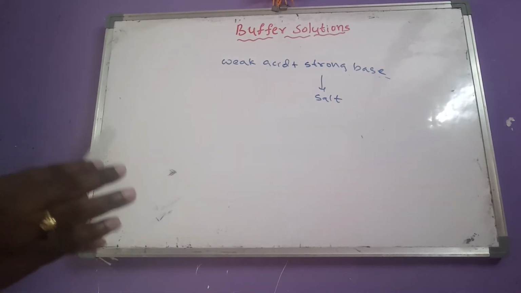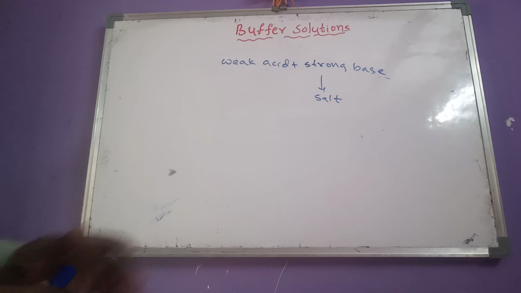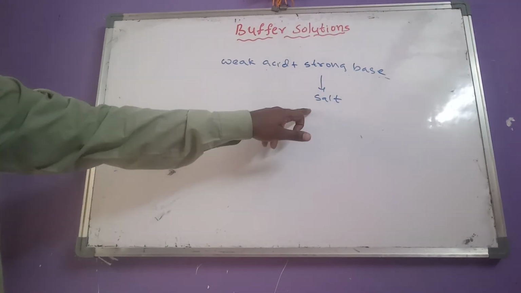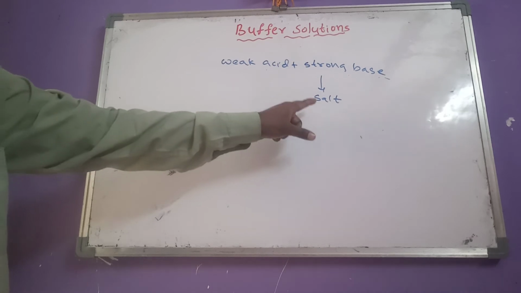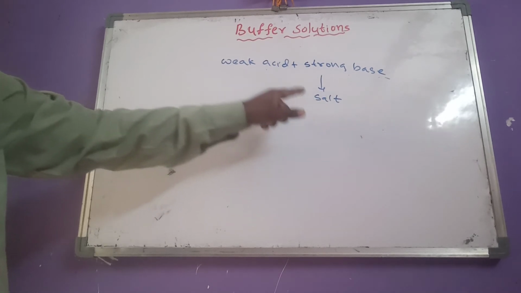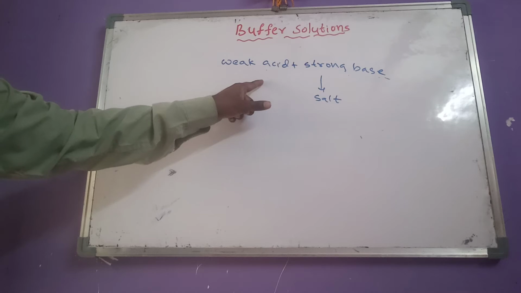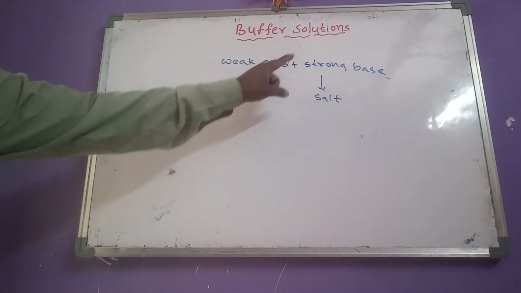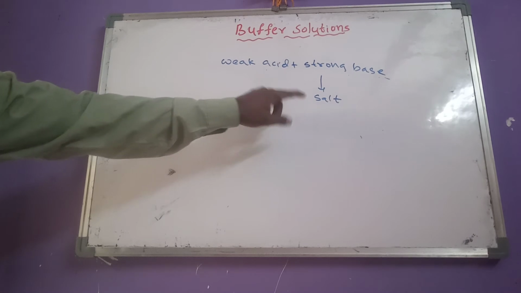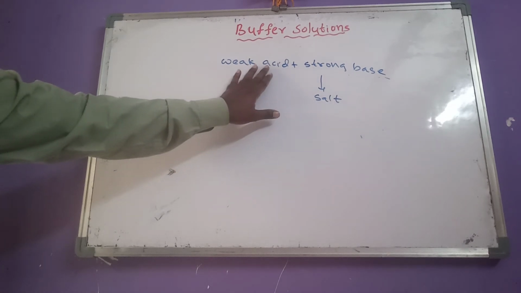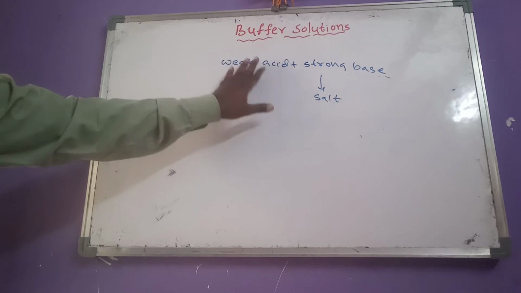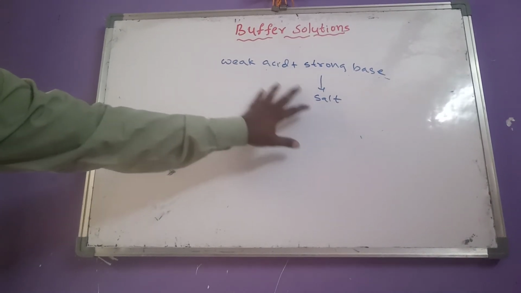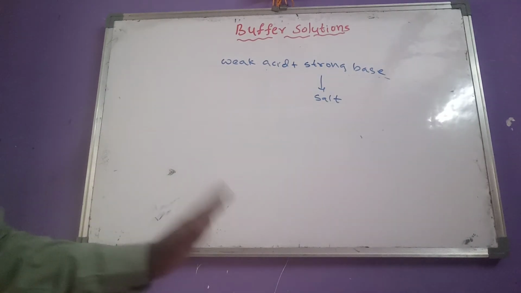That means indirectly we are getting one hint here. First, the weak acid should react with the strong base to give the salt. Then the formed salt and the remaining acid will form an acidic buffer. That means after the formation of salt, some amount of weak acid should still be here. Now that remaining weak acid and the newly formed salt will combine to give the acidic buffer.